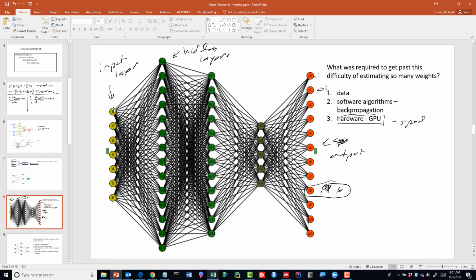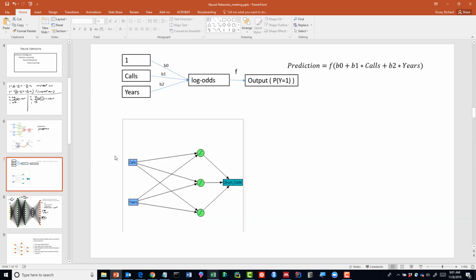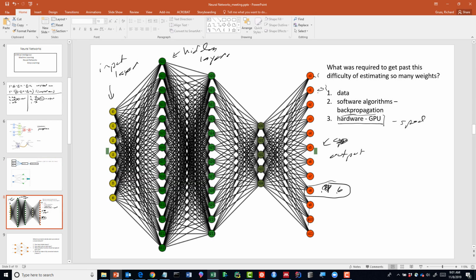In this case, we have 1, 2, 3, 4, 5, 6, 7 inputs, whereas here we only had 2 inputs. Here we have 7 inputs. We have 1, 2, 3 hidden layers with multiple nodes on each, and then we have actually 10 outputs. And so now look at all the weights you have to come up with. So it's a real challenge, just imagine, trying by hand, experimenting with all these different weights until you have the